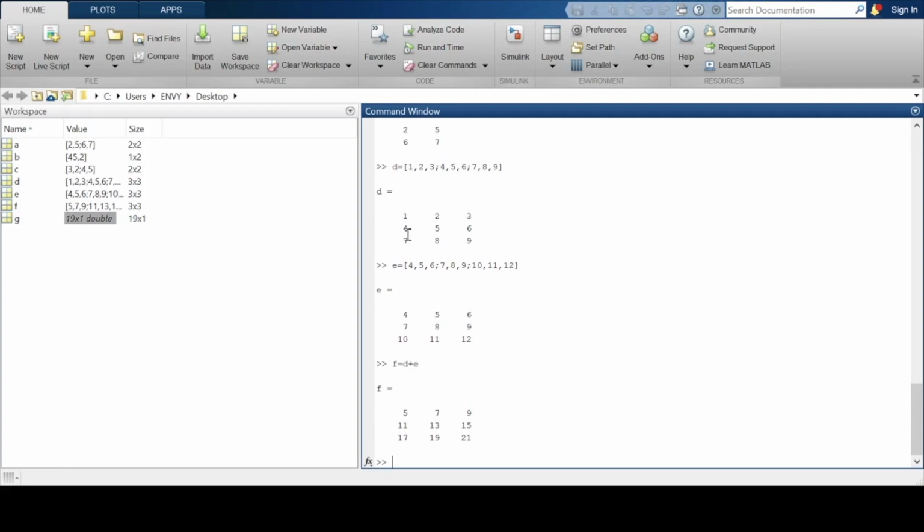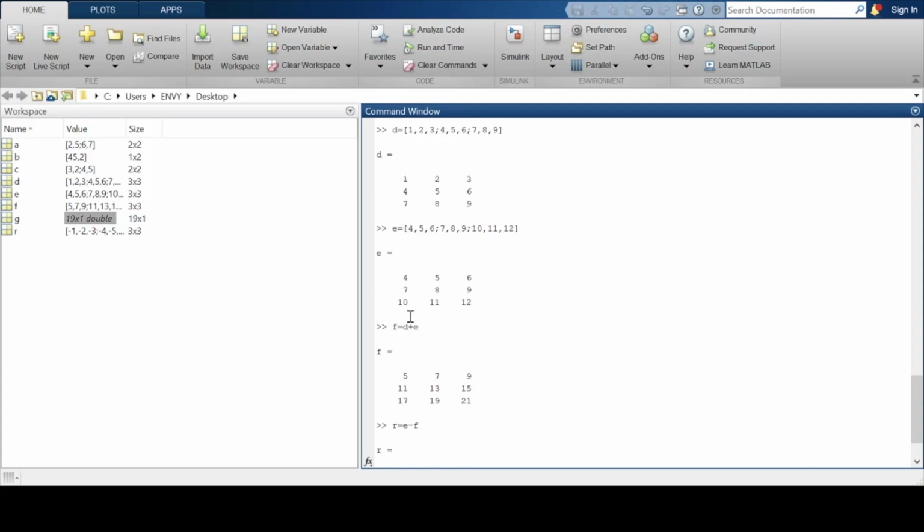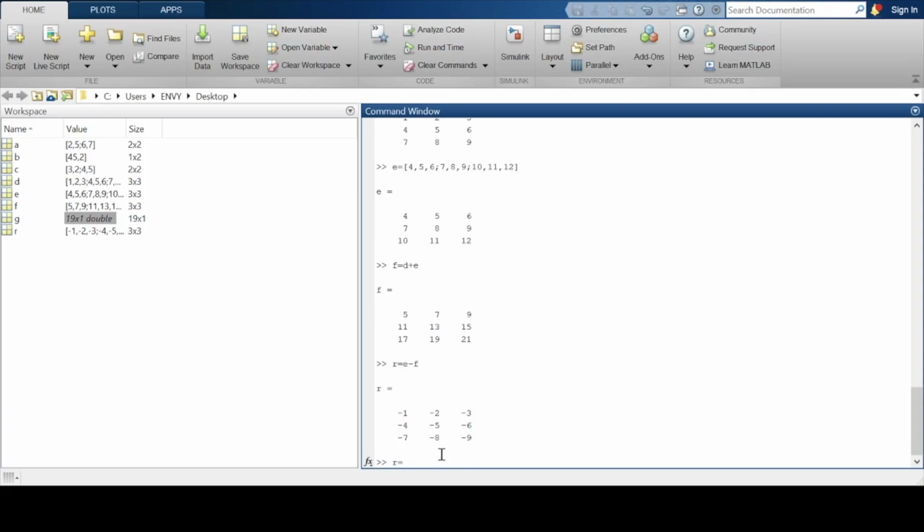We see that the elements are individually added, resulting in addition. And what if we want to subtract? Sorry, let me do that again. So E minus D.